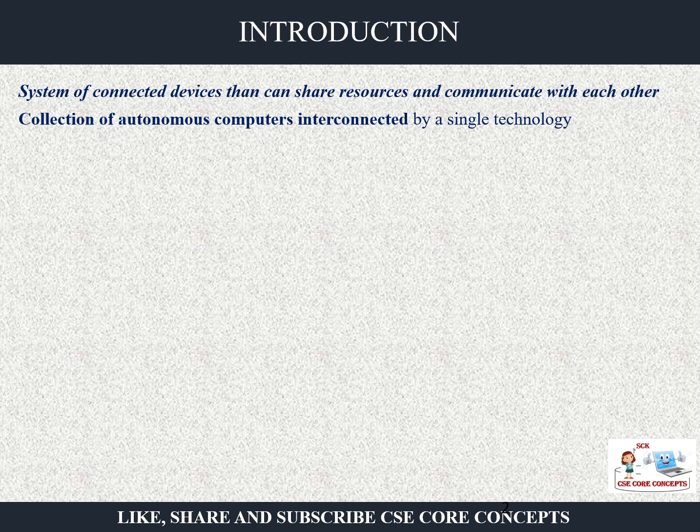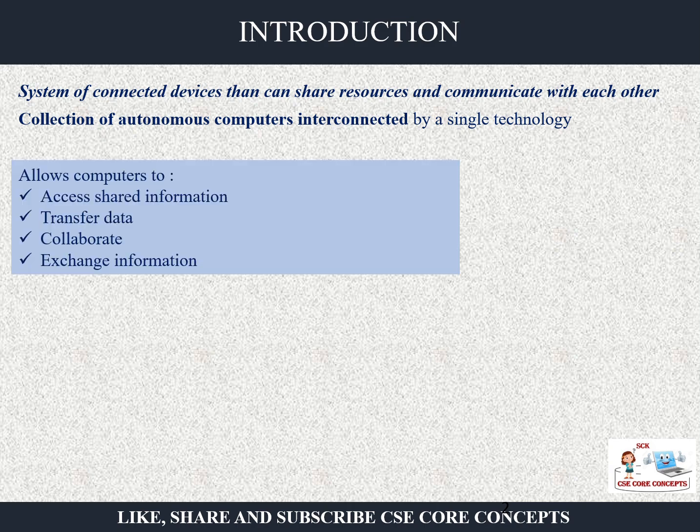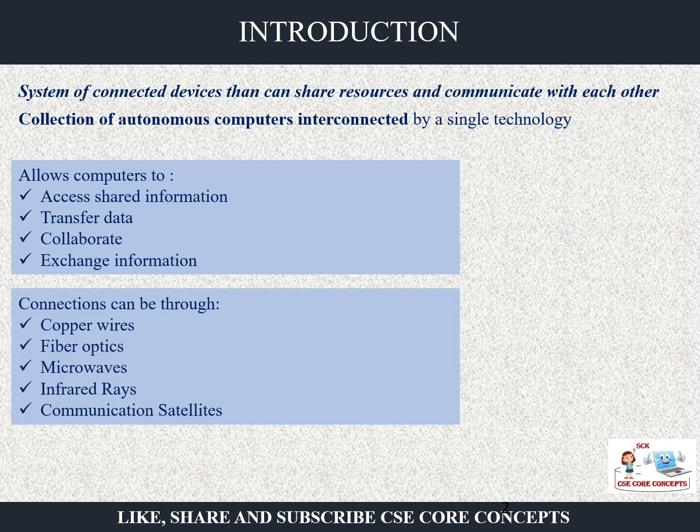So you have autonomous computers, interconnected by a single technology. With the help of networking, computers can access shared information. Let's say some files are there that multiple clients want to share among themselves, or a common printer is being shared by multiple workstations. Then you can transfer data, collaborate with different types of networks, and of course exchange